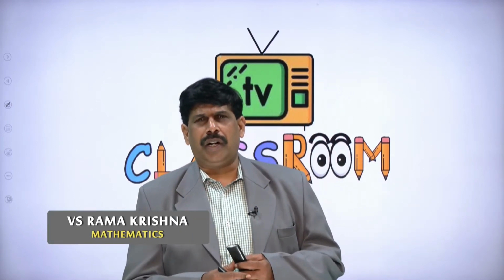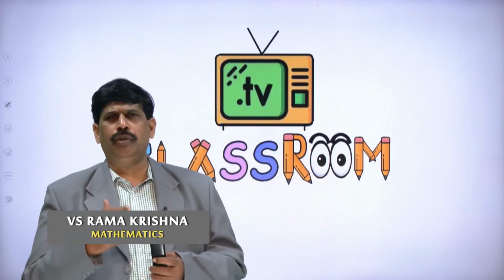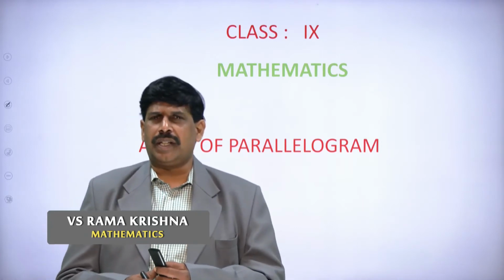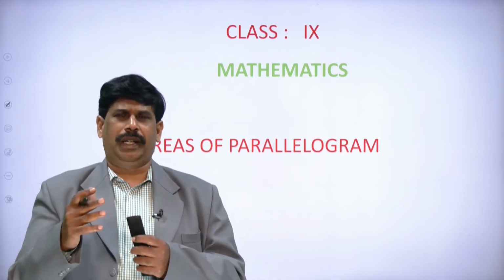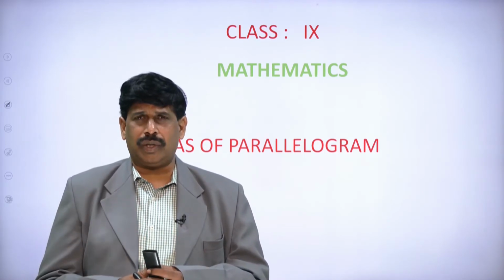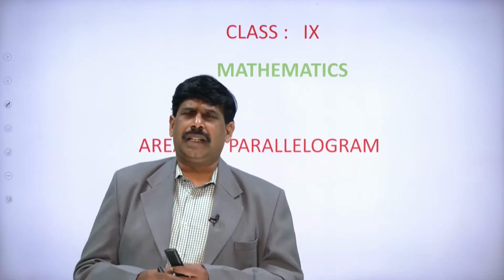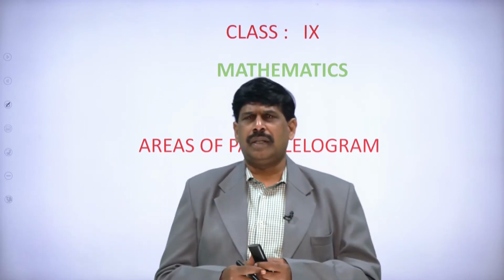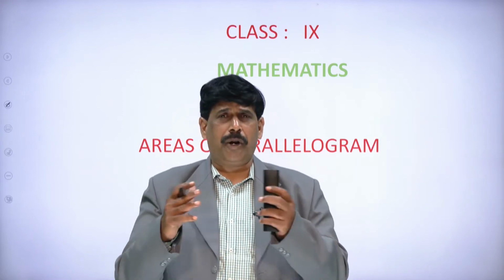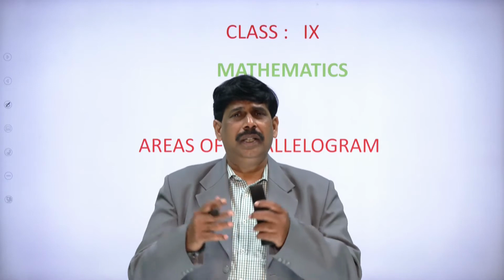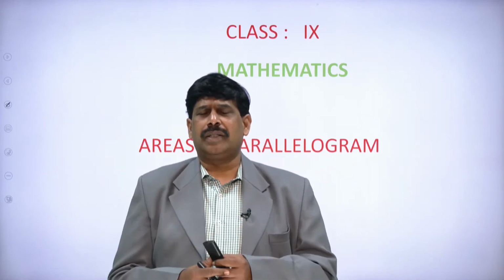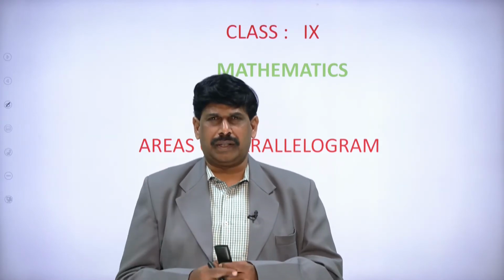So we have completed quadrilaterals, so let's move forward to learn a new chapter, that is areas of parallelograms and triangles. Areas of parallelograms and triangles is our new chapter. Basically in quadrilaterals we understood the different types of quadrilaterals and the properties they hold. So let us extend our study to learn how to find the areas.